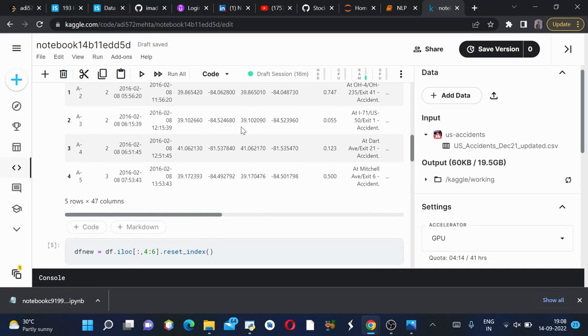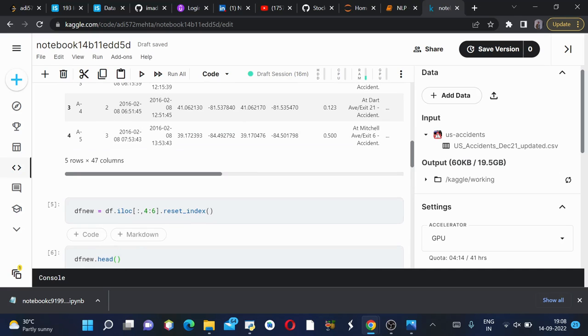In the next cell, we are creating a new data frame, accessing these two columns using the iloc method. We want all the rows, so I have kept this colon, and we want only the fourth and the fifth column, so we are using